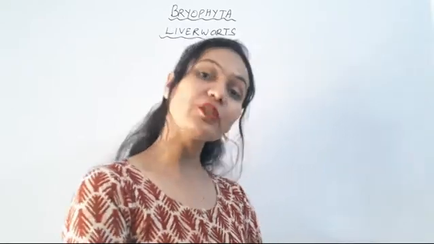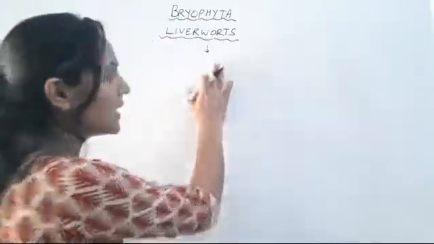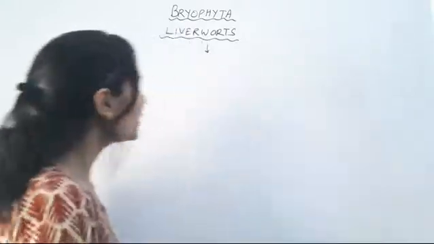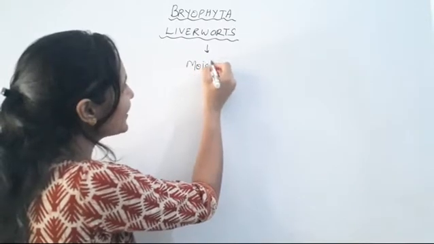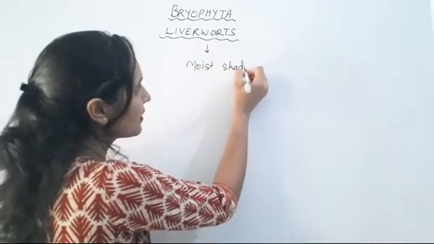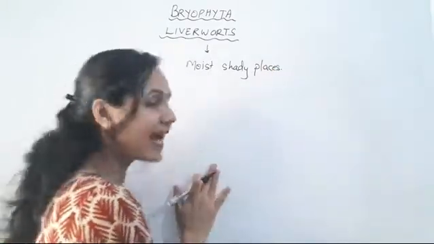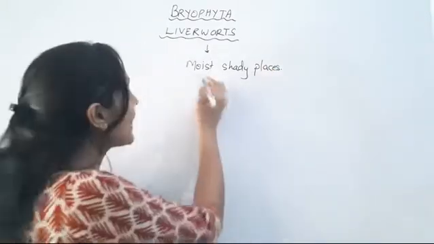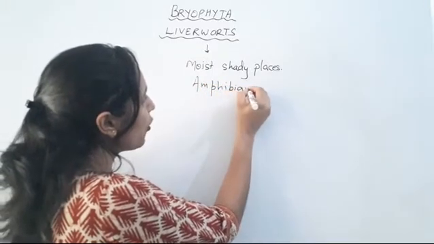So today we're going to discuss the bryophytes, which we already discussed in the last class, but today we're going to discuss the various forms of bryophytes. The first one is the liverworts. We know that these bryophytes inhabit moist and shady places, and that's why they are also known as amphibians of